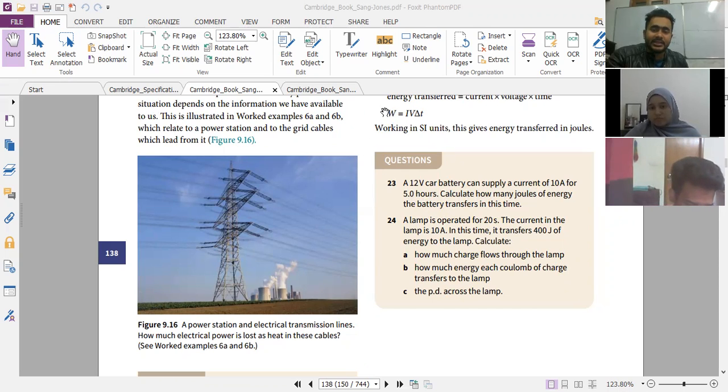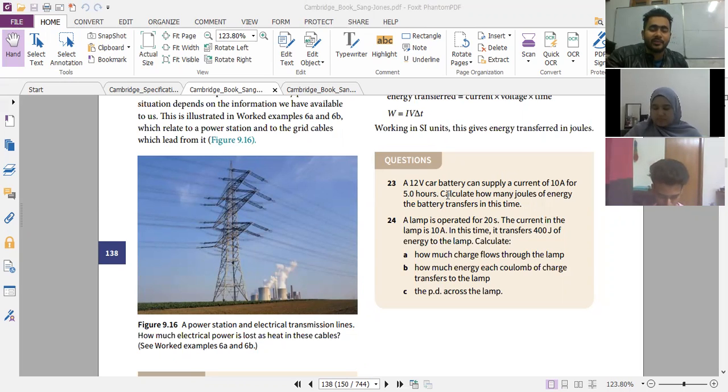Now, here is the equation. Energy transfer equals to I into V into delta T. You have the I, which is 10 amps, right? You have the voltage, which is 12 volts, and the time is 5 hours, which means 5 into 60 seconds. So 300 into 10, 3000 into 12 is 36,000, right? So answer is 36,000 joules. Calculator লাগে না তোদের জন্য,